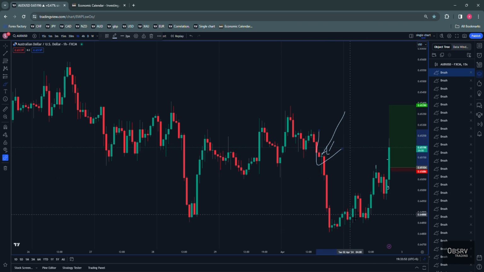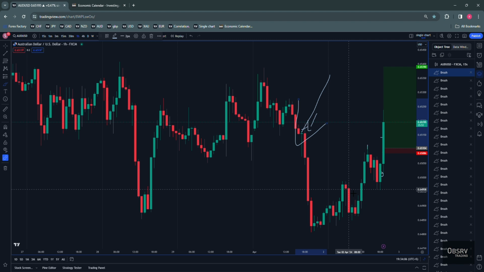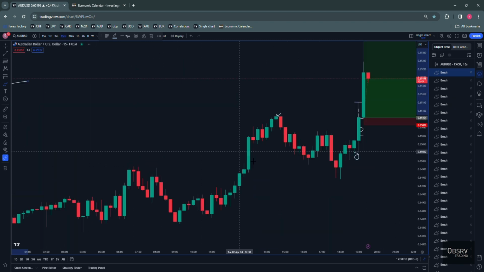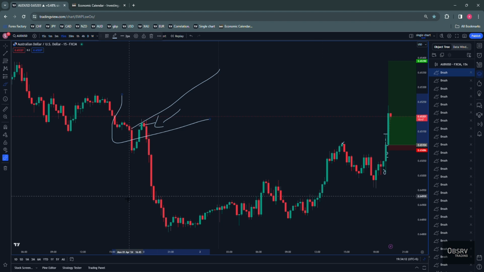I've been watching this all day. Honestly, today, my bias on this was that of a sell for today, not overall, just for today. I wanted to probably sell this. But looking at the price action, as I'm explaining it to you guys, you can clearly see that the prices are showing you that they do not want to sell, right?